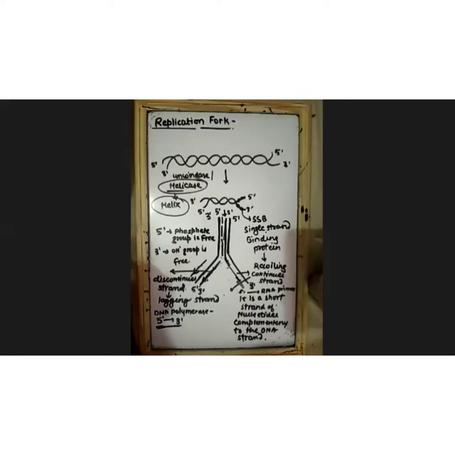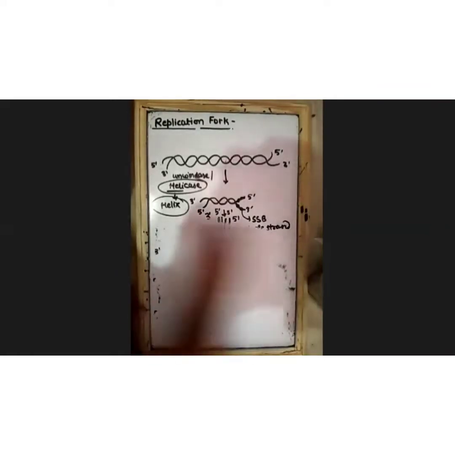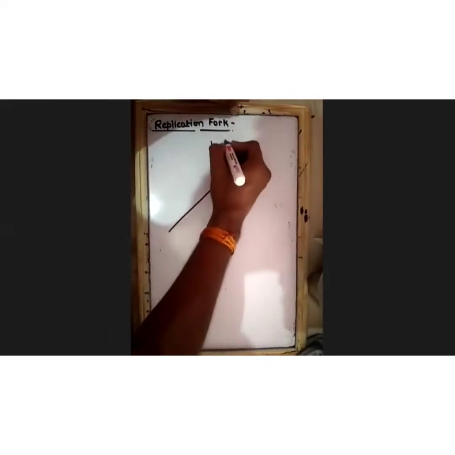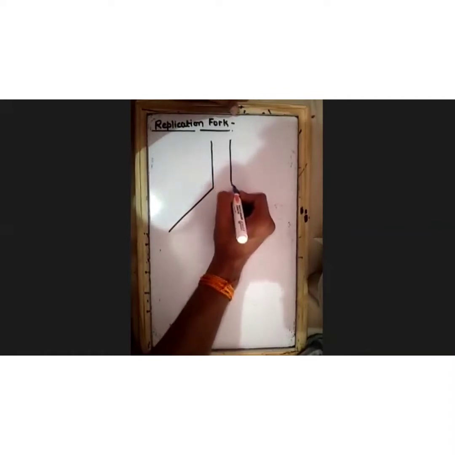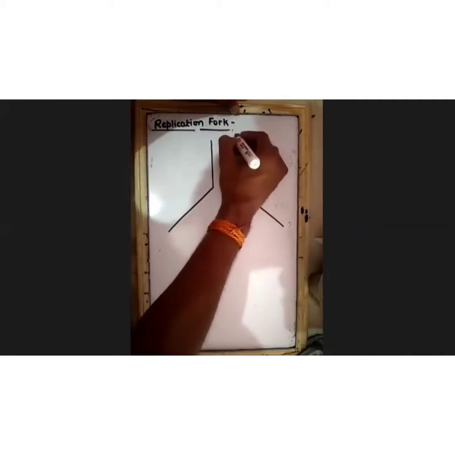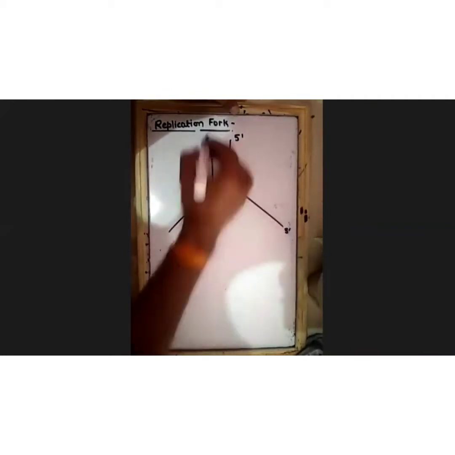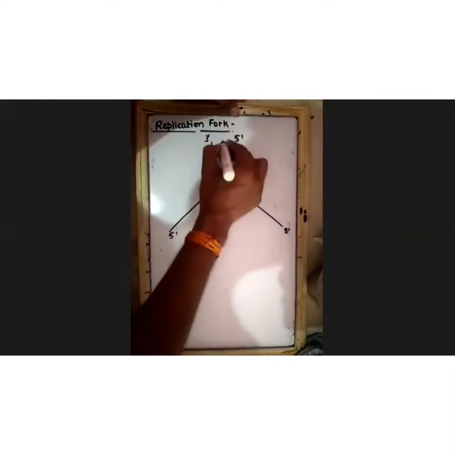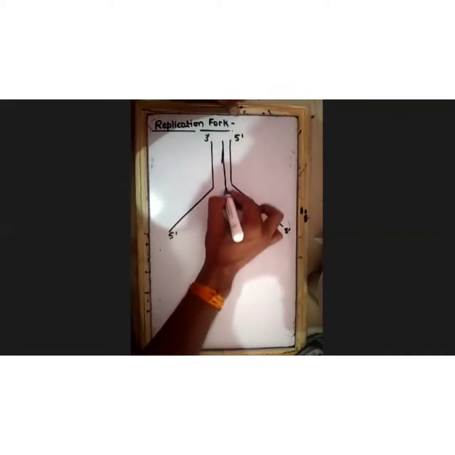Okay. Any other? Anyone else having the doubt? Any doubt? Okay. Let it. Erase it. Now we'll draw it again. So here, this will be 5 prime, 3 prime, 3 prime, 5 prime, and the replication on this strand,